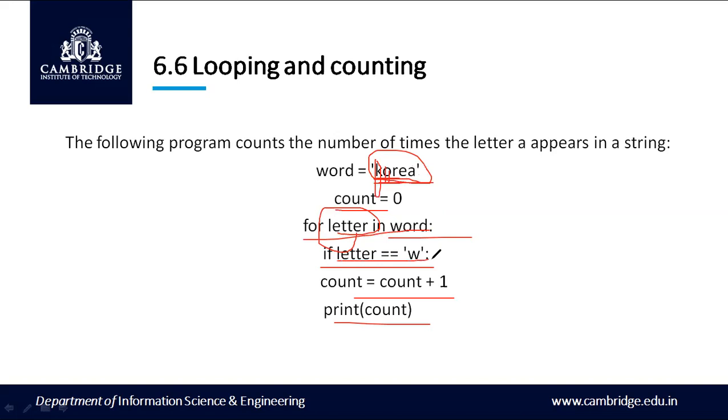So in this example, letter W is not present in this string, so the count remains 0. The first letter K will be traversed, and if K is encountered again in the remaining part of the string, the count will be incremented. Otherwise, the count will be 0 plus 1, that is 1. So K appears only once. Similarly, the other characters in this string appear only once, so all the character counts will be 1 according to this example.